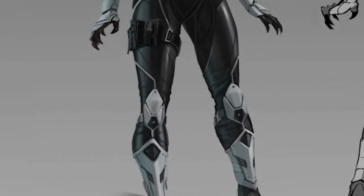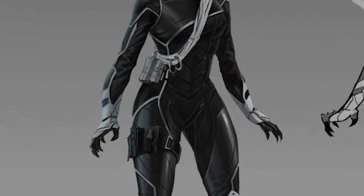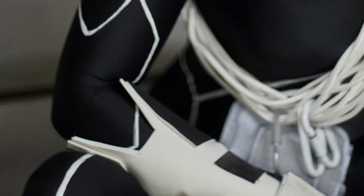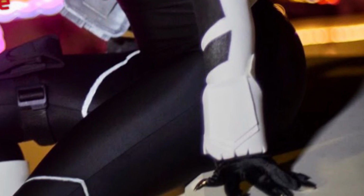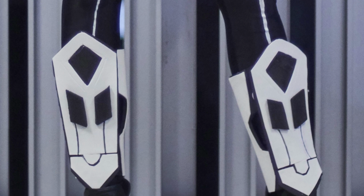Last but not least, the armor. Okay, this might actually be the most important, crucial part of the cosplay. I would say that this part was the most time-consuming. Not expensive, but definitely the most time-consuming, and it was a daunting task. I have never made armor before. It took long, it took a lot of precision, it took a lot of failed attempts to get right, but